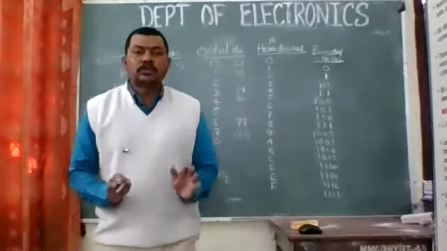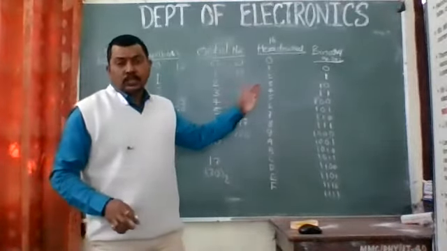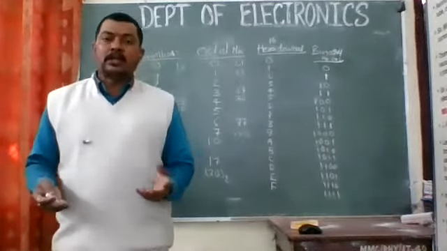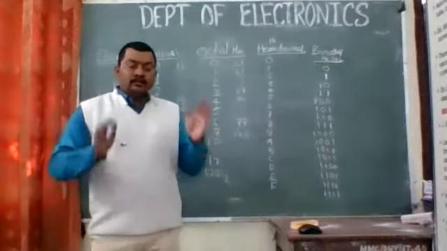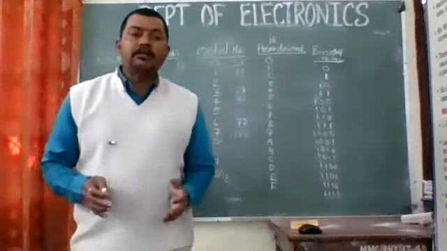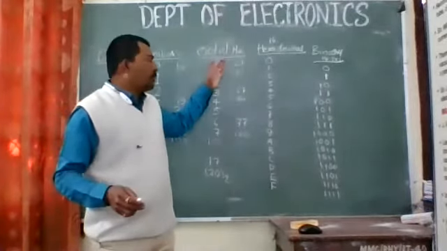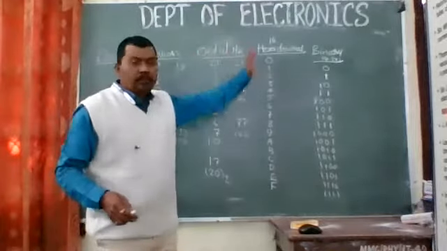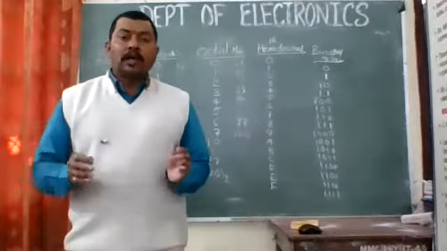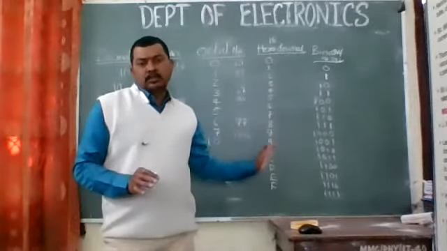We are going to use this binary number system for our further processing and execution of programs, or the understanding of the microprocessor. And in microprocessor 8085, which I'm teaching in semester 5 right now, in the first paper or second paper, this hexadecimal number system is widely used, because the microprocessor does not understand binary. It understands only the hexadecimal number system, right?